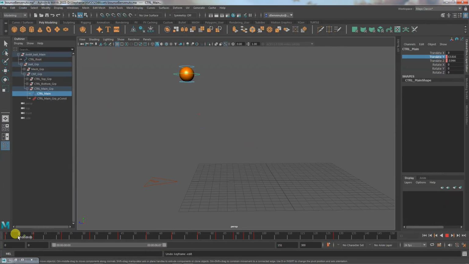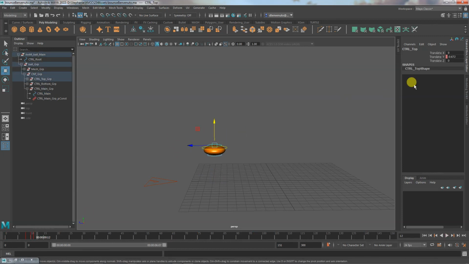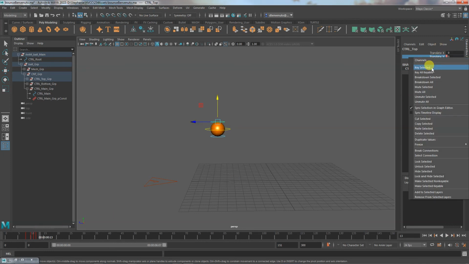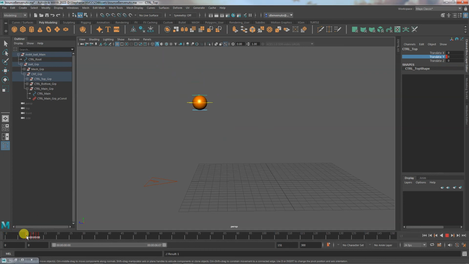And so that means that this is much closer to the ground before it launches off. And I do also want to go into here and stretch it out a little bit. Key selected, give it a couple more frames, and then bring it back to 0. And so the squash and stretch only really happens when it bounces. So we go. Now,